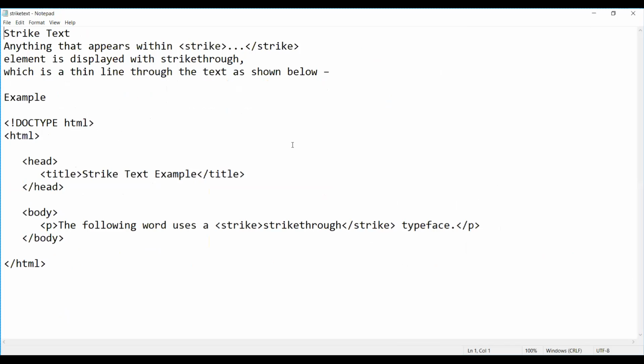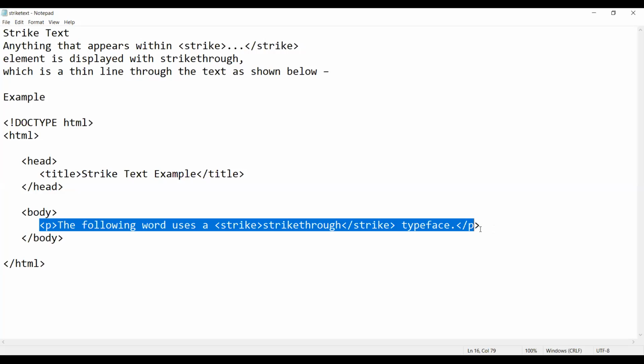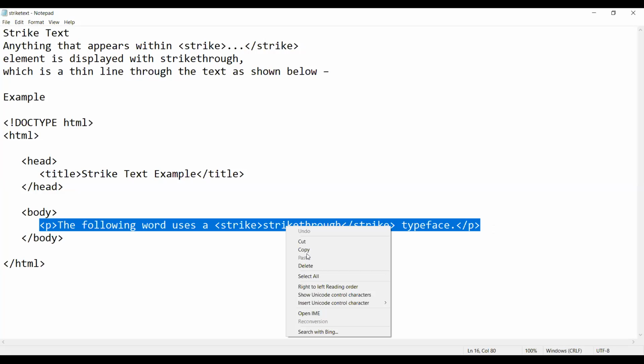Yes, sir. Strike text is there, so in this I will modify this one. I'll keep this one for later, on the next page. I'll copy and paste it here itself. Don't worry about how it appears.